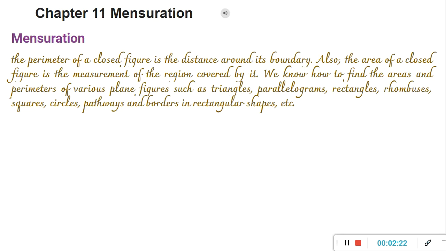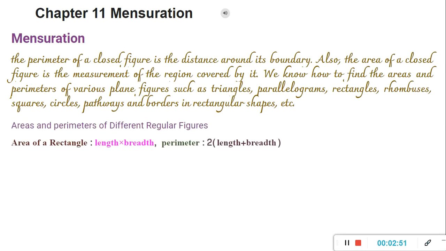Volume is the total space occupied by the given shape. That is for 3D shapes, meaning they have length, breadth and height. All three are there. That is why they are three dimensional shapes. So for example, a bottle. If we want to fill water in a bottle, we want to find the volume or capacity of the bottle. So we use the volume there. Clear? Now let's see some formulas, regular figures formulas.